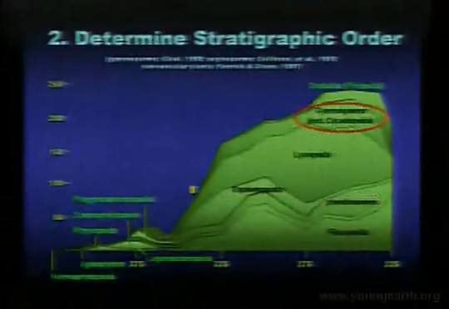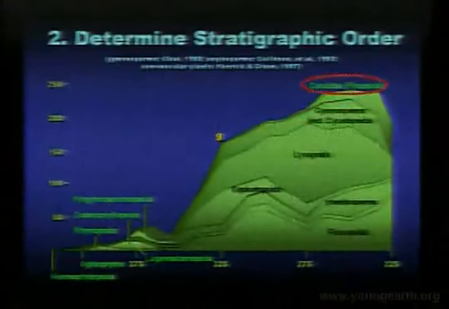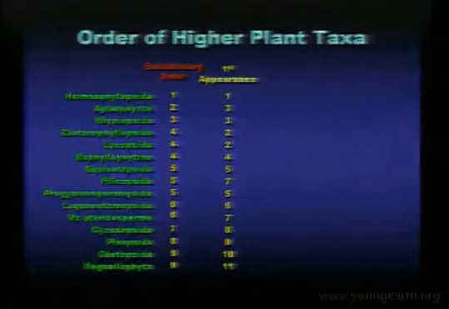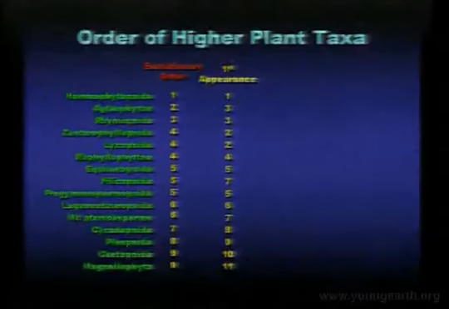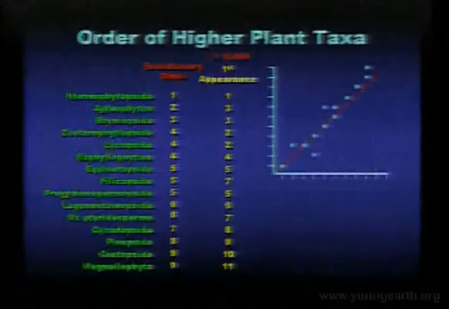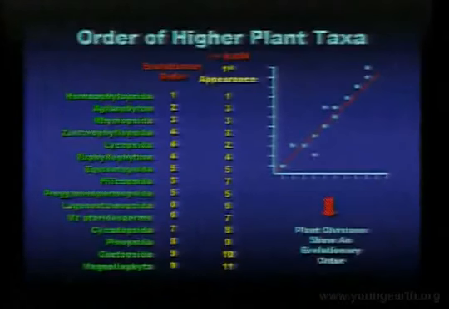From this, we deduce a sequence of first appearances of the major groups. Then those ranks can be placed in there. Now we have a way to compare the predictions of evolutionary theory with the observations in the fossil record. You can plot them too,